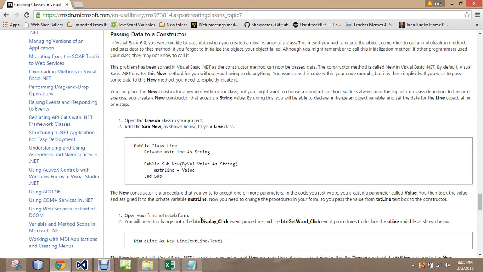One of the neat things we can do with classes is create what's called a constructor. A constructor, when you create an instance of the class, can pre-build the object or the instance to be whatever we want it to be within given parameters. So for example, I'm going to go ahead and set this up